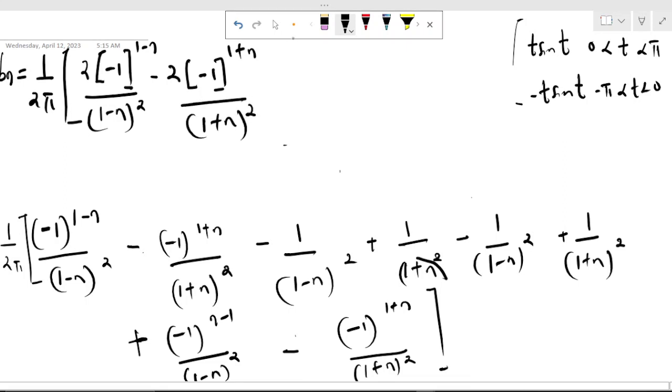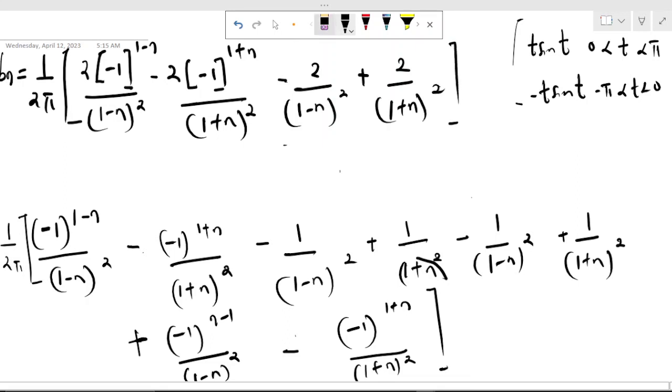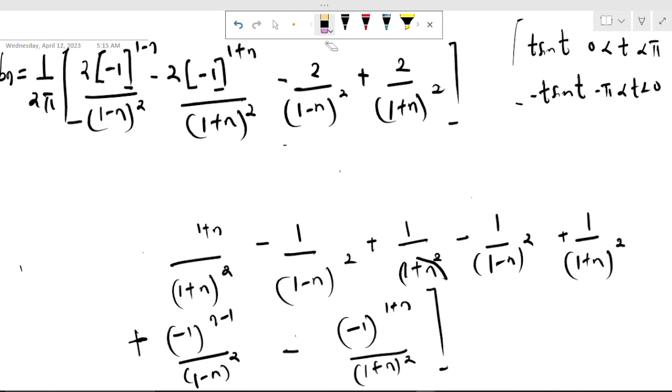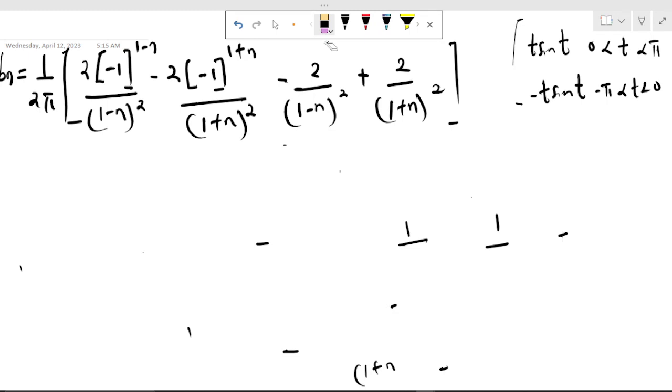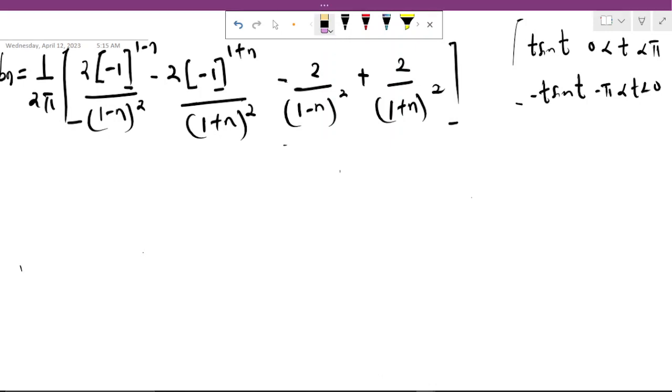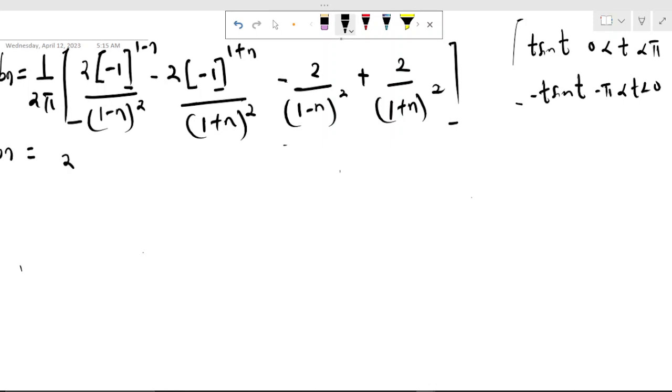And what else? Okay, we have a negative here. We have minus 2 over 1 minus n all square. And finally, we have a positive for these two terms, which are equal. We have plus 2 over 1 plus n all square. So we can still simplify further. We can factor out 2. Let's factor out 2. So our bn now equal to 2 over 2 pi